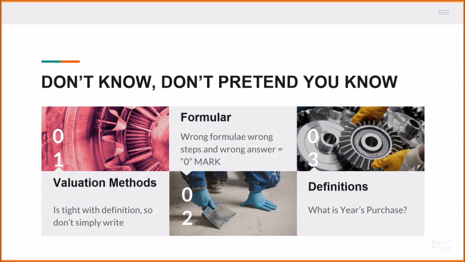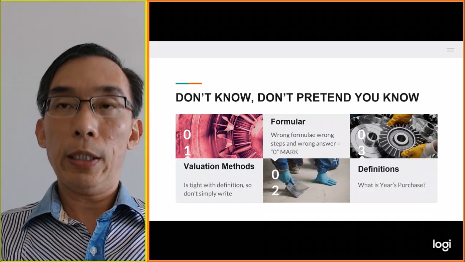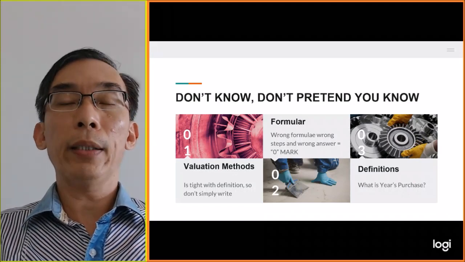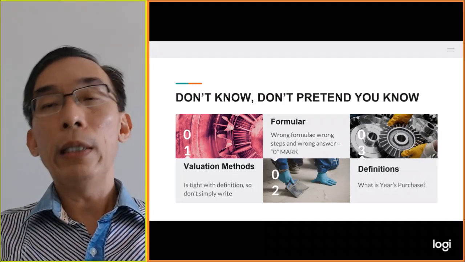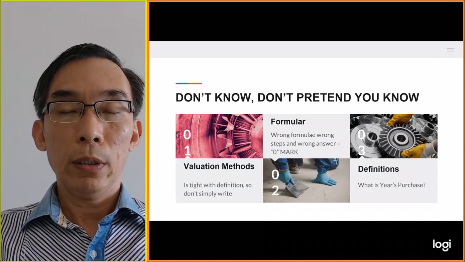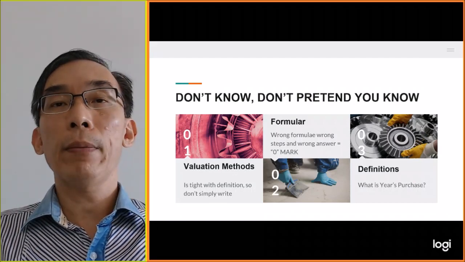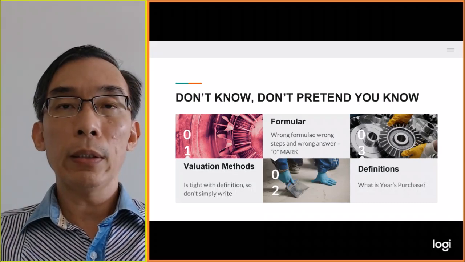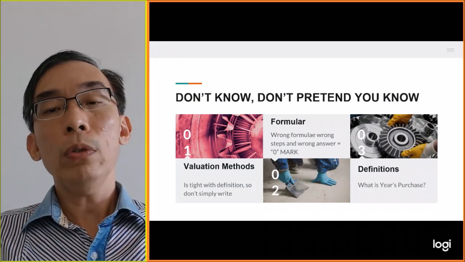So let us move on to what you should avoid. These types of questions in valuation are such that either you know how to calculate, the answer becomes correct, and you get 100% marks for that sub question, or you are totally wrong. Maybe the steps of calculation could be right but the answer is wrong, and that part you can get some marks. But if you use the wrong formula, of course the answer is wrong, so totally no marks for that sub question. So if you don't know, don't pretend you know.